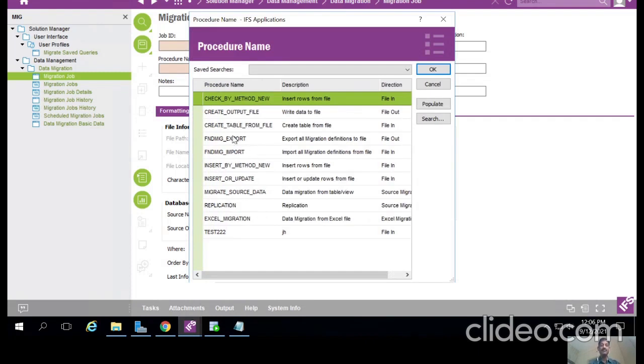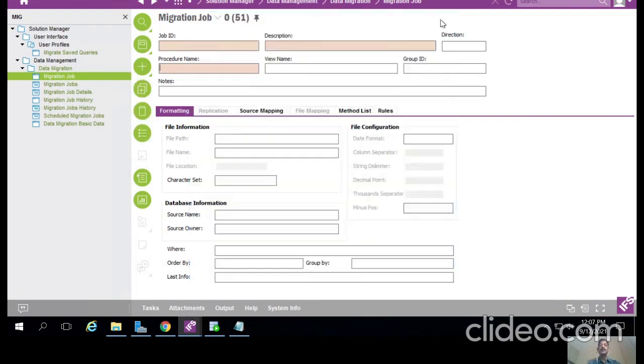For Excel migration, we need to license the Excel add-on functionality from IFS. Excel migration jobs can be used to migrate data between Microsoft Excel, using the IFS data migration add-on functionalities, and a database.